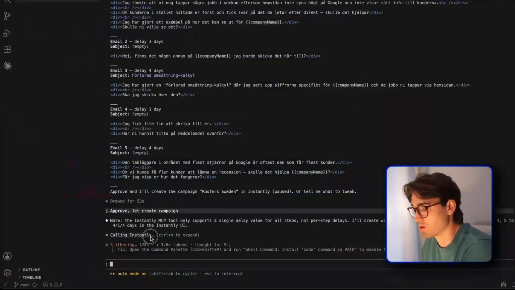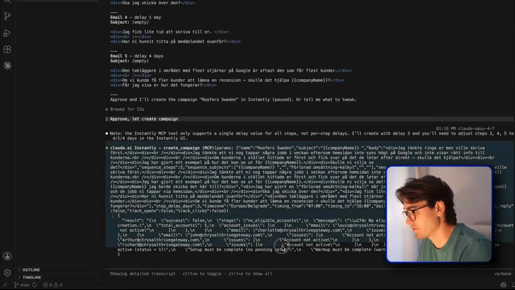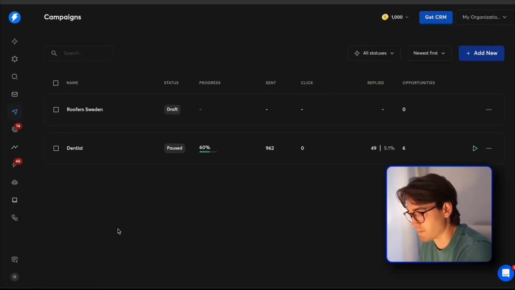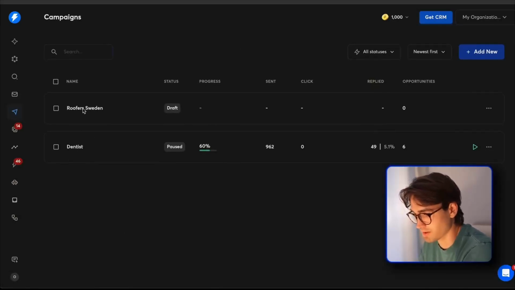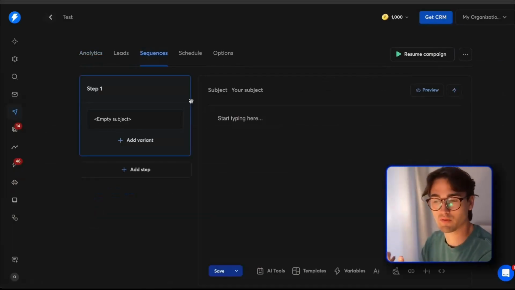Now you can see it is calling Instantly. If I click Ctrl O, we can see what it does. It's making this request right here with the information. There we go. Campaign is created and called Rufus Sweden. If we go into Instantly right now, hit campaigns, we can see that the new campaign has now been created. If we click in on this, we can go to sequences, which is basically where we write the emails,